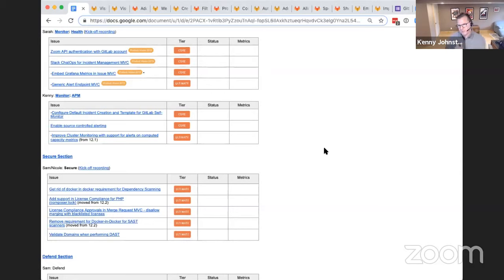And then another one that I'm personally excited about is source controlled alerting. So today, when you set up alerts in our monitor stage, it's on a managed Prometheus instance on your Kubernetes cluster, and you don't get much exposure to the actual raw configuration. And so that means if you want to do complex things like send your alerts to PagerDuty or some other service that has a webhook, you have to do that out of band. We'd like for you to be able to supply an alert manager configuration file in your repository and have that automatically deployed to the Prometheus application so that you can get a lot more customization in your alerting.